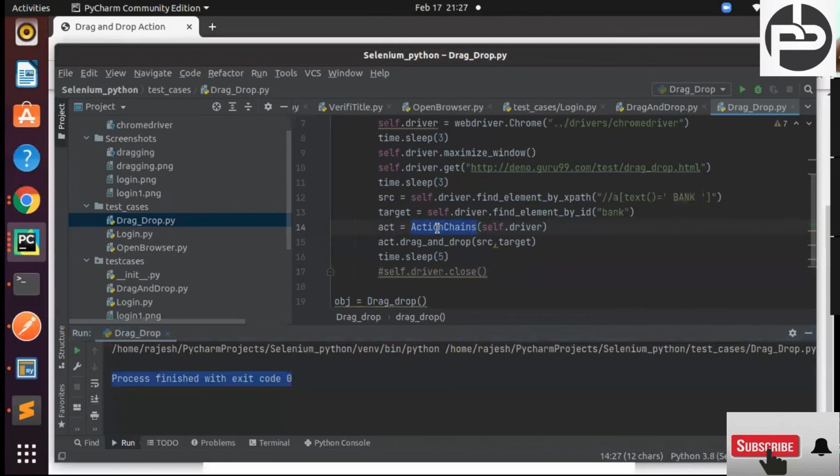Whatever mouse and keyboard related things we are supposed to do, like mouse over, scrolling up, scrolling down, and right click, all those things we can do with the ActionChains class, guys. So tomorrow's session will be on top of this only. The things we can do, like right click, mouse over, we are going to do in tomorrow's session. And it will take hardly 3 or 4 classes, and then it will be completed.